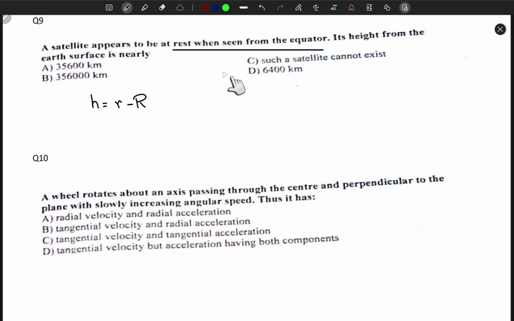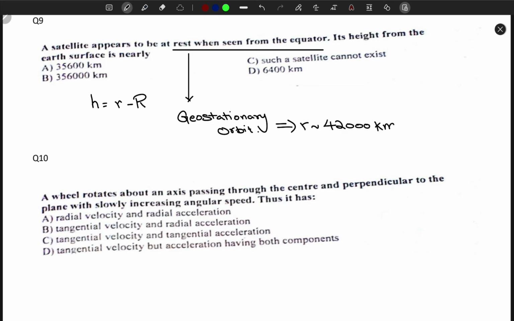So when it's seen from the equator, if it appears to be at rest, that's a geostationary orbit. Now, for a geostationary orbit, we know that the radius, let's use small r, is approximately